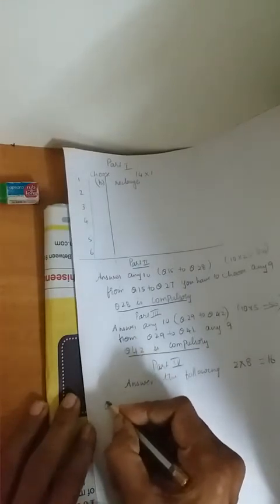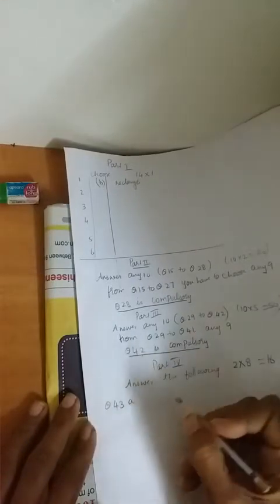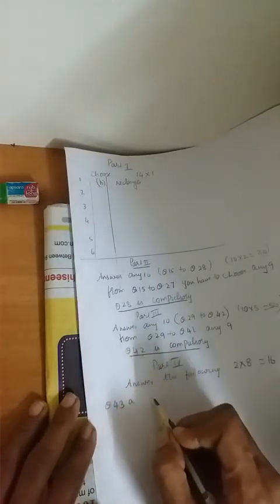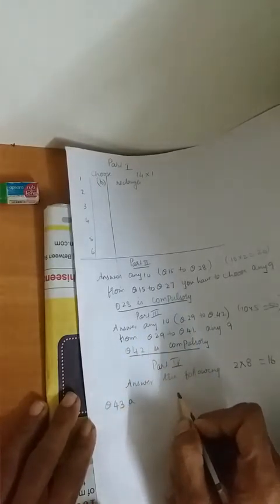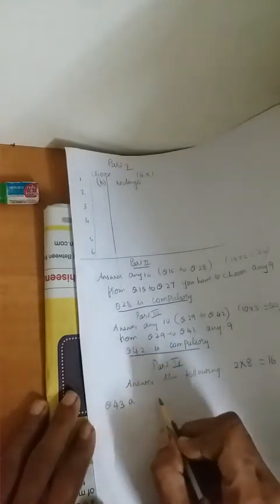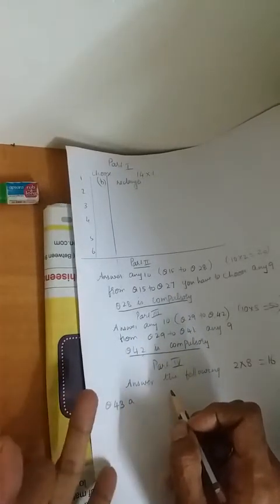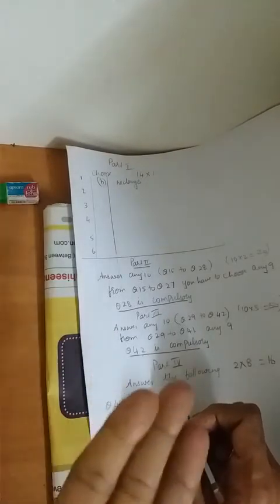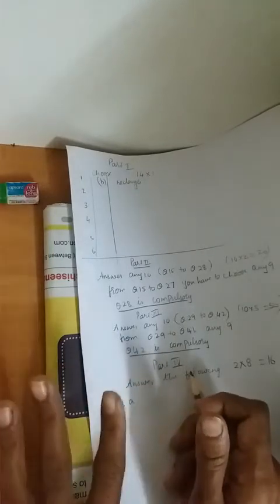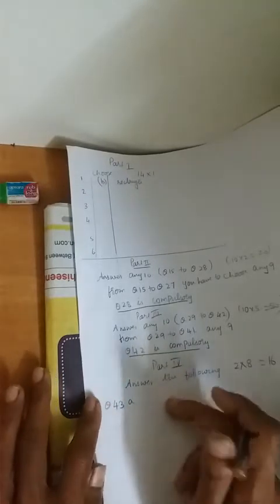Now in question number 43, you will have A and you will have B. Okay, and you have to choose either A or B. Question number 43 will be a practical geometry question. Now in practical geometry, what are things you have learned? You have learned how to construct a parallelogram, a rectangle, a square, a quadrilateral, a rhombus. All 5 things you have learned, no? Now from the 5 things, any 2 things will be asked. And you have to write any one from that. Okay, this will be A.